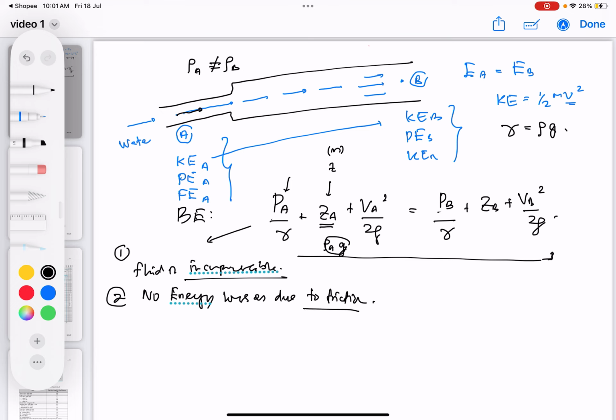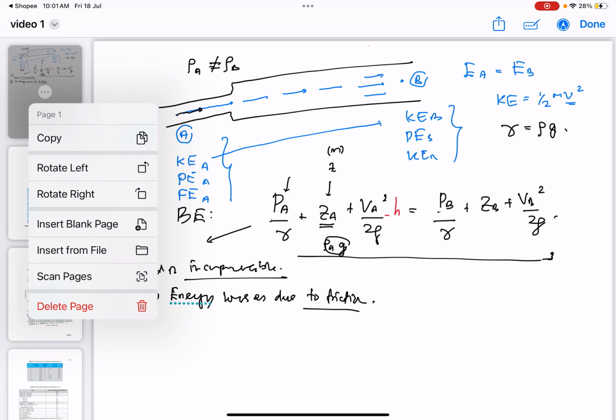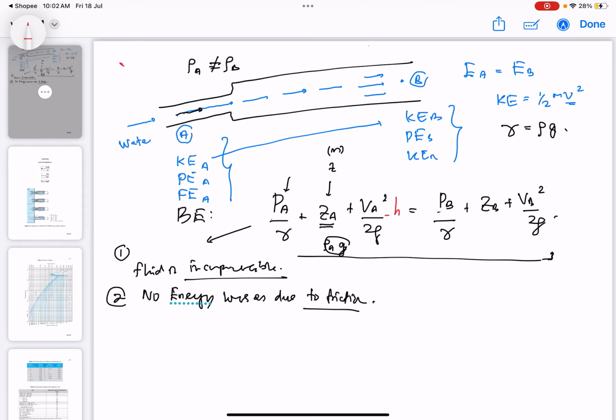Because this is chapter 5, and then in chapter 6 we actually did consider the energy losses due to friction by adding another term, which is minus HL. But for the initial Bernoulli's equation, we just simply assume that there are no energy losses due to friction, even though in real life you should usually consider the losses due to friction. What else? We also assume that no heat energy transfer